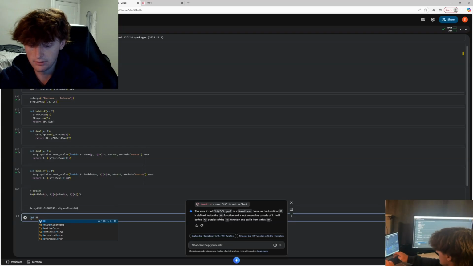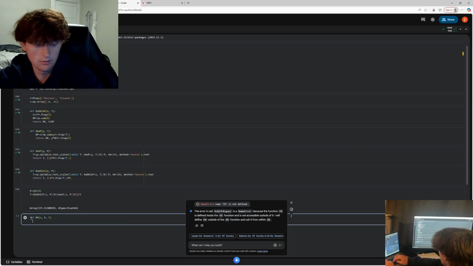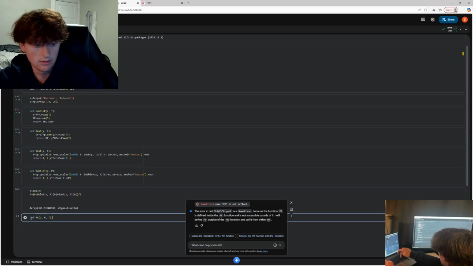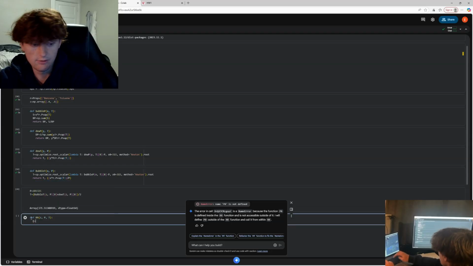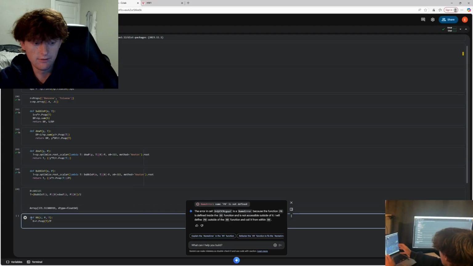So we'll do the Rachford-Rice function, and we need z, P, and T. And then we'll go with colon here, and then our K is equal to our r dot p vap at T divided by our pressure. Okay, so now that we have K, we can now start another